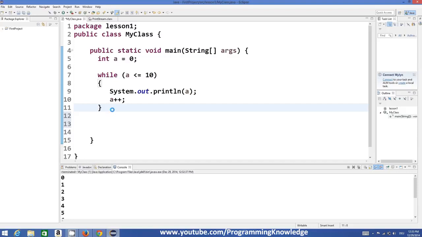And just below this while loop, I will declare one more variable, int b, whose value is also 0. I have initialized a in the last video as 0, and now I am initializing b as 0. And let's see the syntax of do while loop now. First of all, you write the keyword do, and then you write these curly braces, and at the end of your curly braces you just write